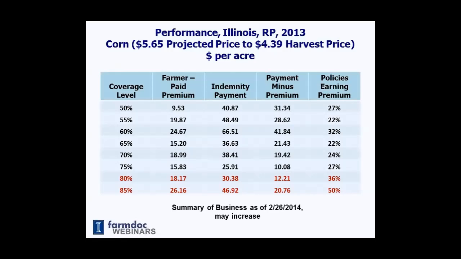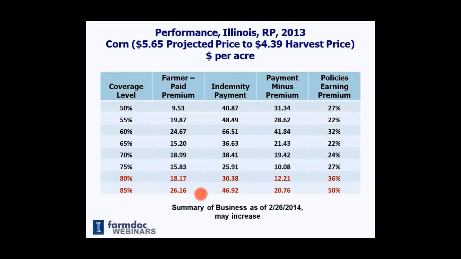Here, just to give you a feel for how crop insurance performed last year, 2013, I'm showing for corn different coverage levels, 50 to 85%, farmer paid premium, indemnity payment, payment minus premium, and then policies earning premium. And this was as of February 26. Let's go down to the 85% coverage level at the very bottom, and look at some of the numbers there. At an 85% coverage level, average farmer paid premium for corn across the state was